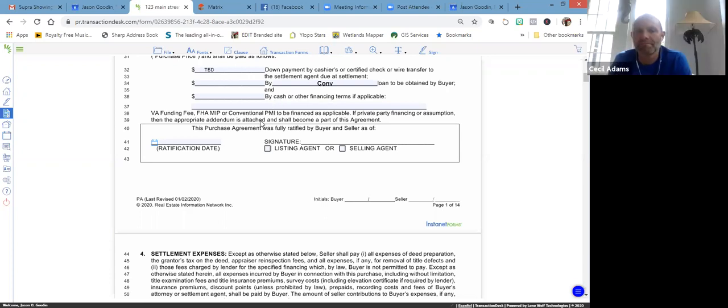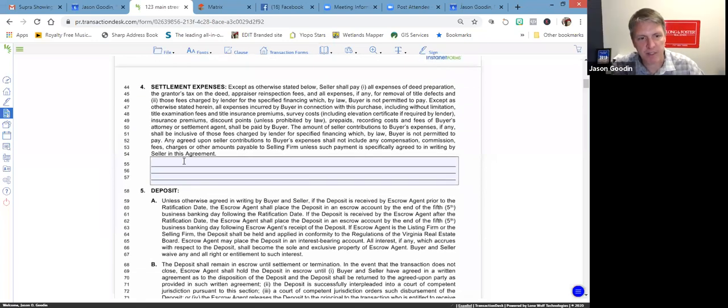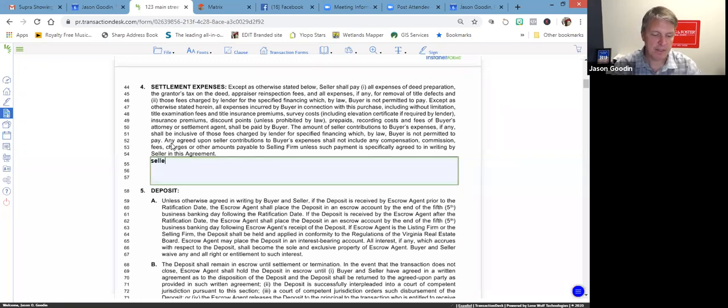The next paragraph we come to is settlement expenses. Settlement expenses is where each party, buyer and seller, agree to pay their own respective costs associated with the transaction. This is where most buyer's agents today ask the seller to contribute to those closing costs on behalf of the buyer. And so you might write something that says, seller